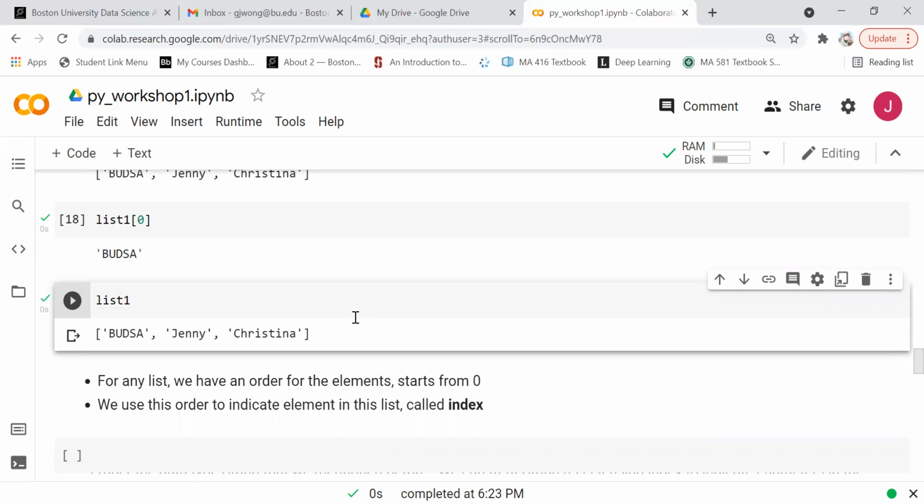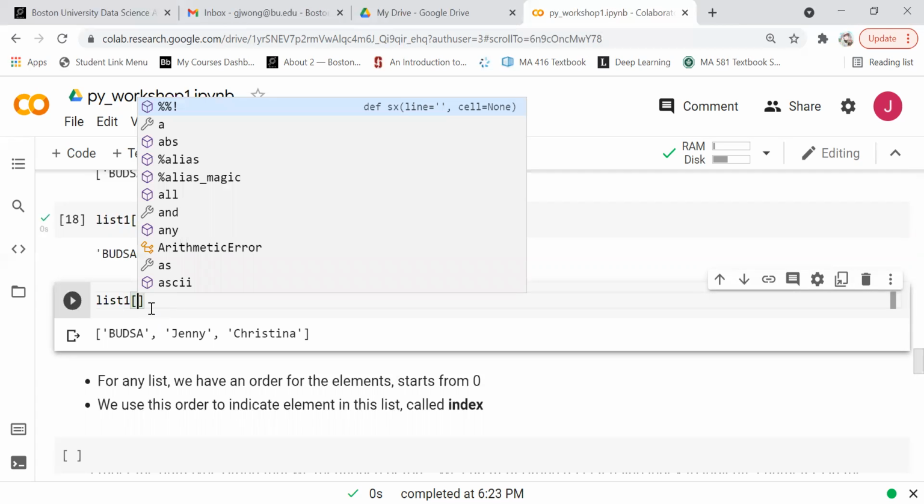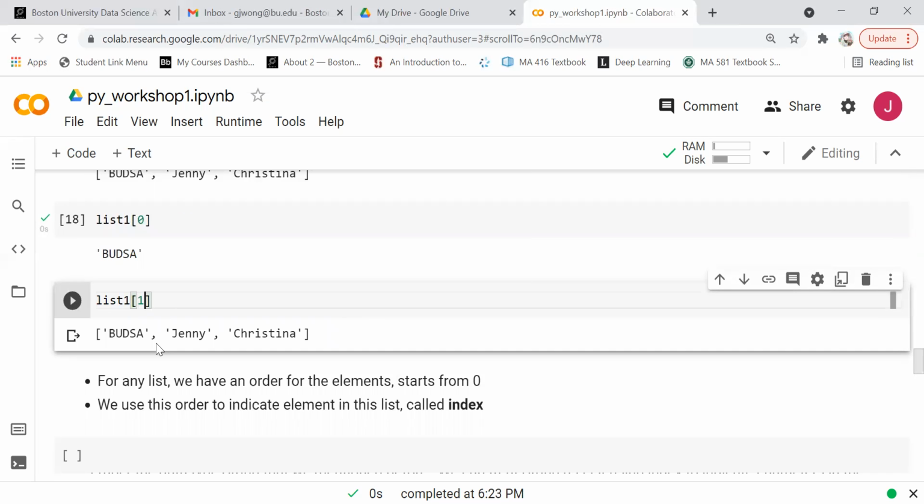And if we don't want to see BUDSA, we just want to know everything behind it, we can use sequence slicing, which uses the index to indicate the position. Say we don't want BUDSA, then we just start from index 1 because it's the second element, and then we use